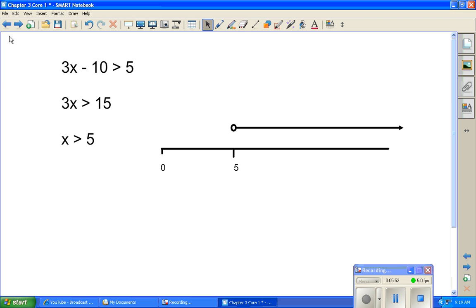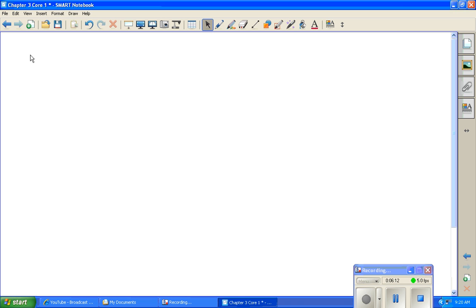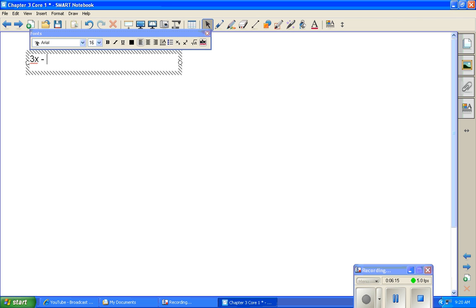Now, sometimes we might get a pair of inequalities, and we have to satisfy both. This can generally come in two forms, but we're going to deal with it in one particular form. So, for example, let's say 3x minus 11 has to be less than, let's put a value of 20. No, put 19. And if we use another value,